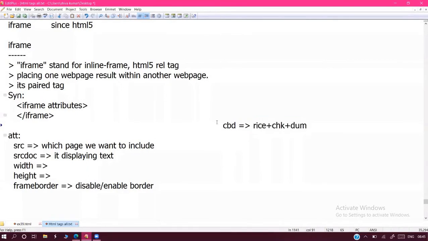Like that, I want to combine multiple HTML pages and display them as a single page. For that, we have this iframe, the inline frame. Simply, iframe just merges the HTML pages and displays them as a single page.